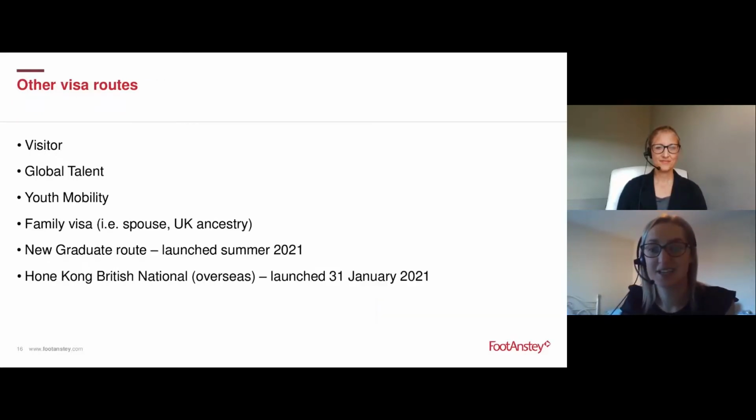So what are the alternatives? I thought I'd just do another slide for this because there are quite a few that I just wanted to briefly mention. The first 4 options on the slide are already available, and I'll talk you through them. And then the last 2 options are going to be new routes from 2021. So the visitor route,